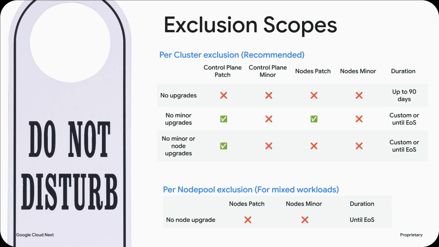And what I mean by that is that it's tracking the end of support, so it's kind of like no auto upgrade, except it has an explicit end, where we'll enforce end of support policy. So you can basically disable minor and node upgrade like that. We have also added more flexibility around our no upgrades exclusion. It was up to 30 days before, now it's up to 90 days. I mean, it's coming soon.